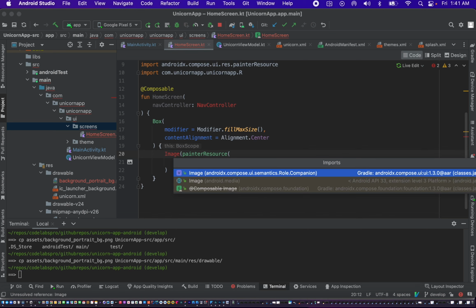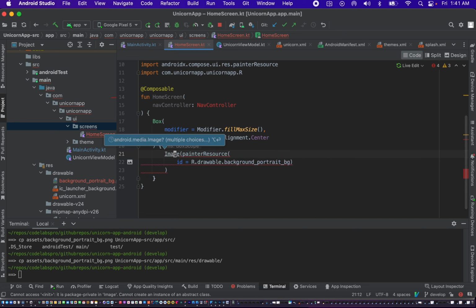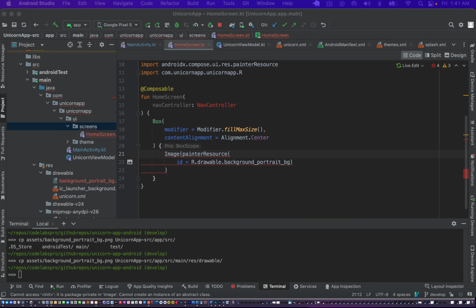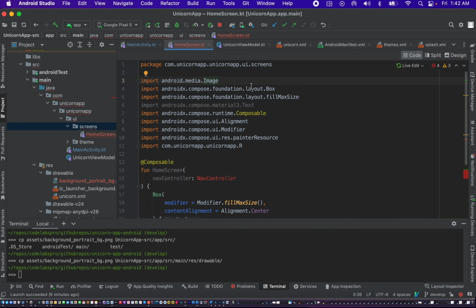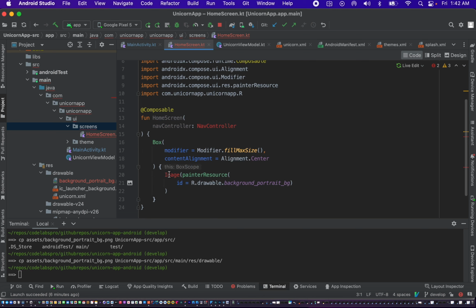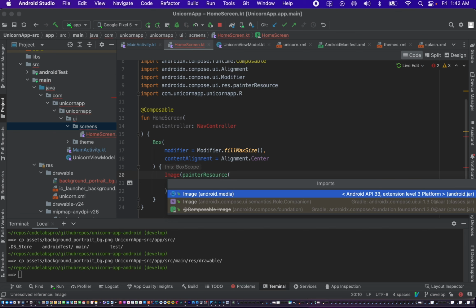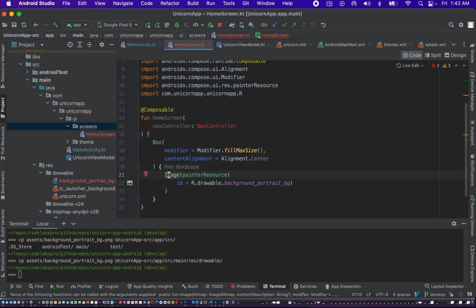Alt enter, and media should be the right one. Under image, actually it should be, let's take another look here. Alt enter, compose foundation is the right one, and under image painter resource we need a few more attributes, so we can